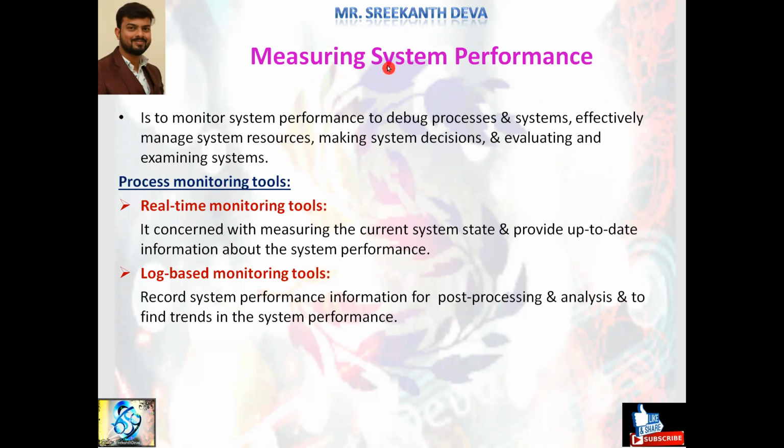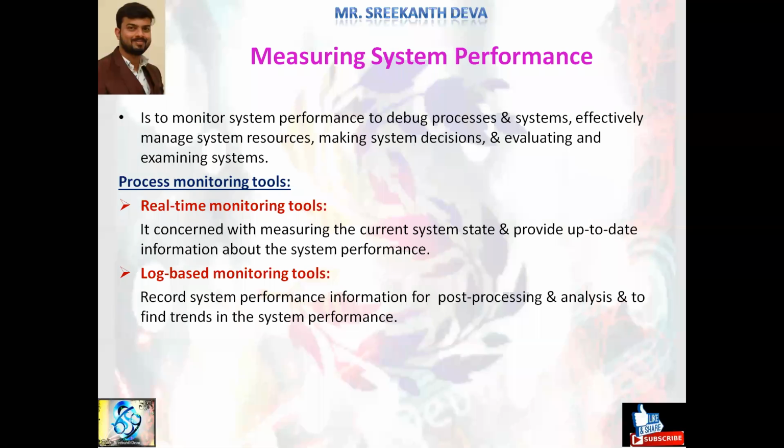Using these, we can measure system performance. They are categorized into two: real-time monitoring tools and log-based monitoring tools. Real-time monitoring tools measure the current system state and provide up-to-date information about system performance. In the case of log-based monitoring tools, the tools record system performance information for